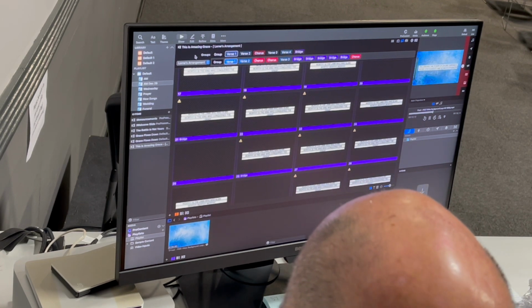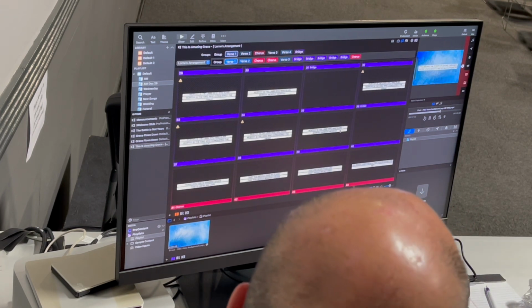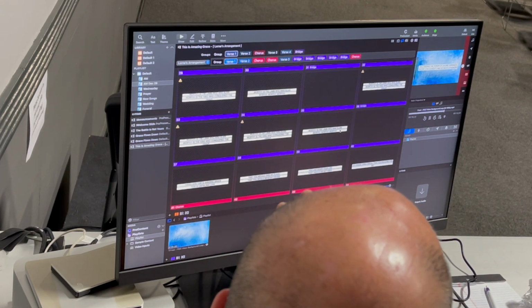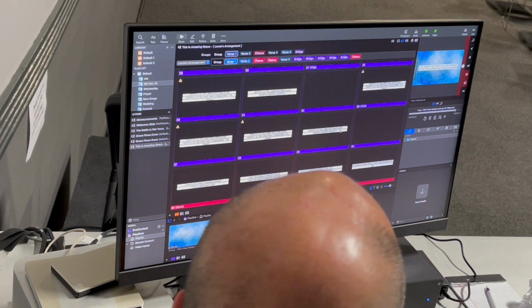So at this point now, I've got the song in my service. I've got it arranged the way that I want. I've got a background selected for it. I've got a template selected for the lyrics, and I've got a,